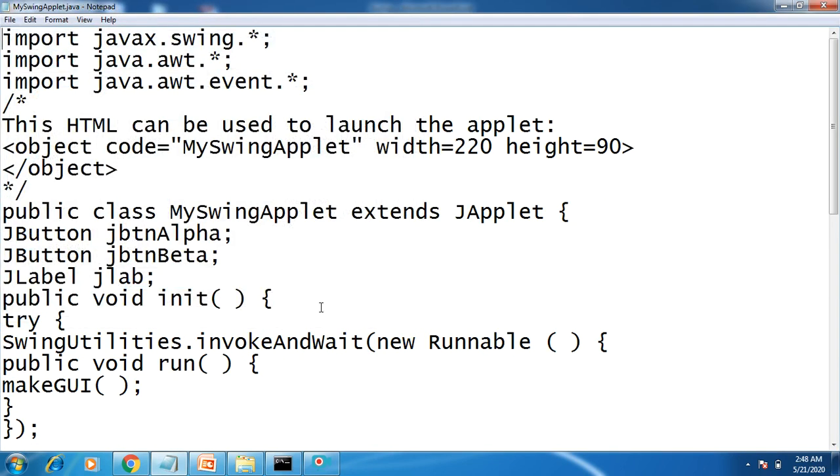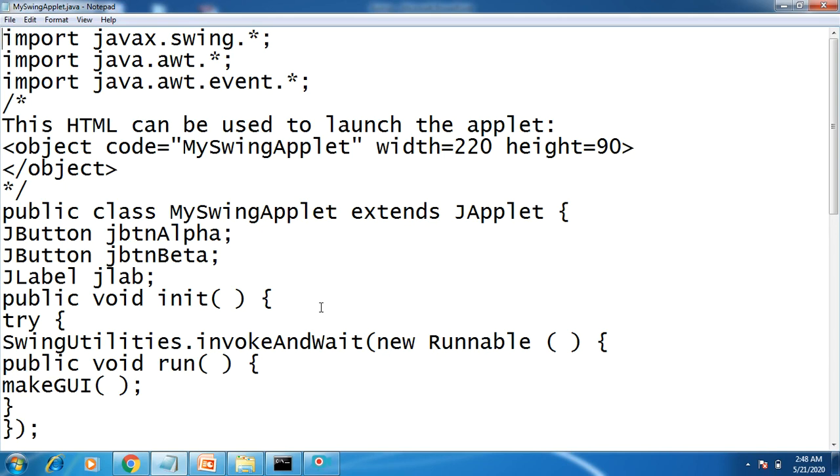Now the same program which we have already run previously, taking two buttons and one label, Alpha and Beta. When you click on Alpha, you will get a message "Alpha was pressed." If you click on Beta, you will get a message "Beta was pressed."